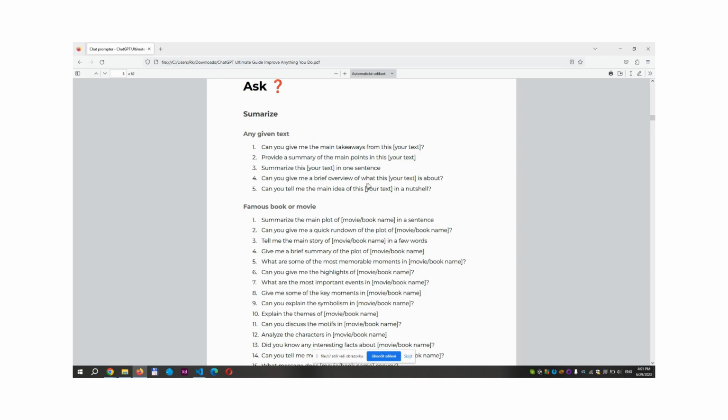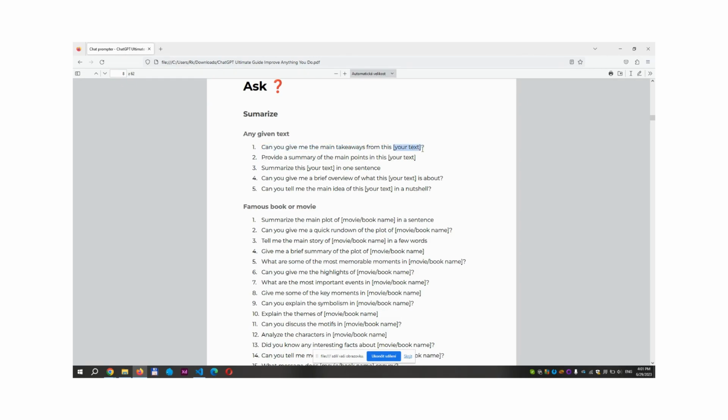So that's the part where we can ask ChatGPT to give us an overview of our text, summarize our text, or just summarize the main points in our text, or give us the main takeaways from our text. So let's say you have a transcription of a meeting, and you will simply copy this prompt,